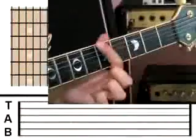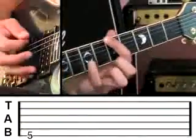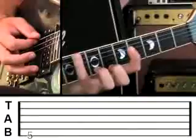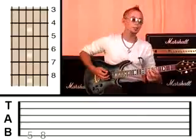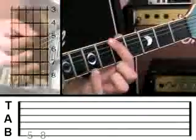I want you to start by putting your first finger on the 6th string at fret 5 and give that a pluck, and then move up to the little finger on the 6th string at fret 8. Now, I will ask you to use the exact fingers that I asked you to use, because it'll be more efficient in the long run. So once you've done fret 5 and then fret 8,